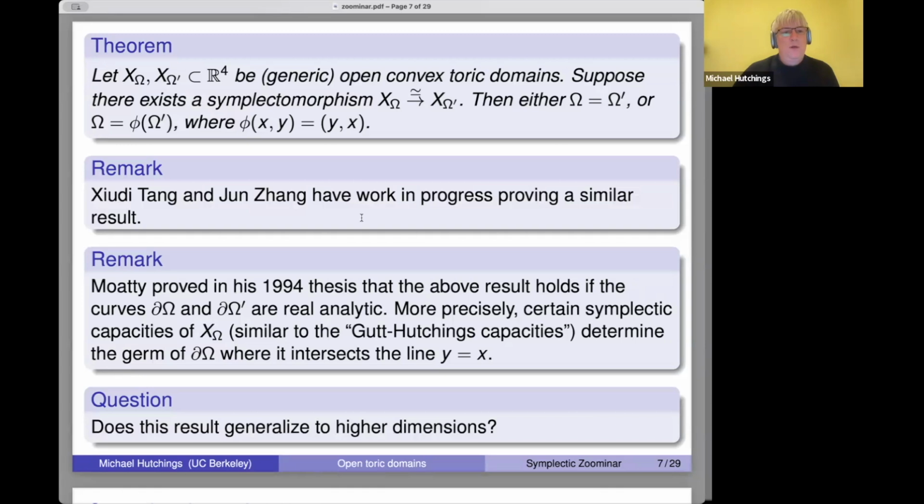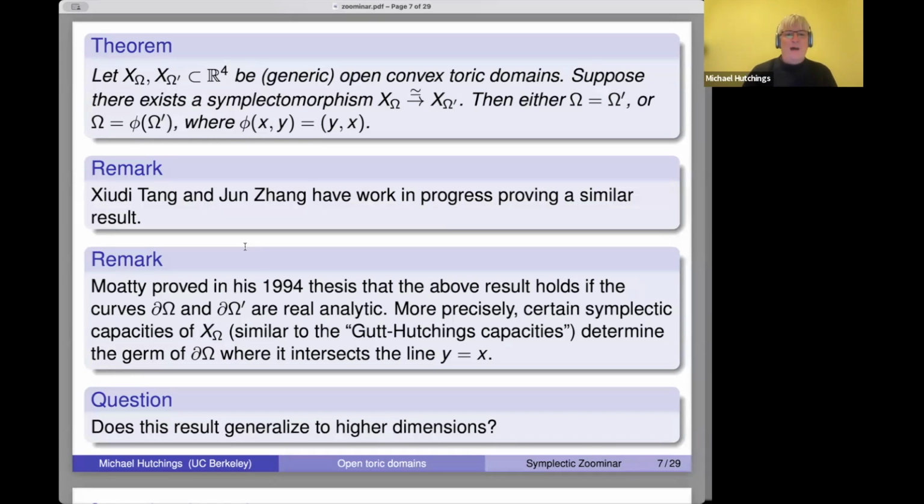There is a precedent for this. So there's the 1994 thesis of Morita, and he proved that this result holds under the assumption that the boundary curves of omega and omega prime, so here I don't mean the part of the axes, I just mean the part of the curve that's not on the axes, if those curves are real analytic,